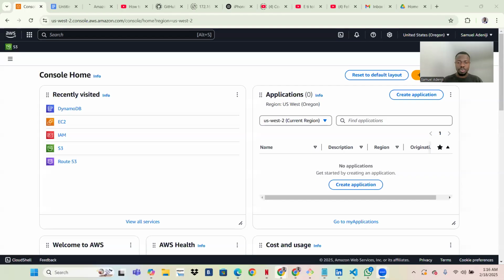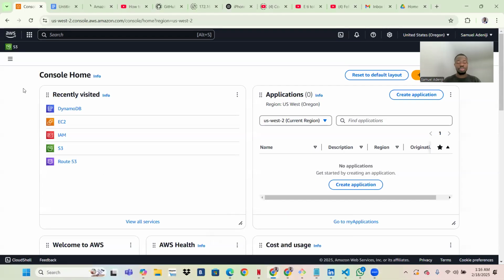Hello, my name is Sami, and I'm going to do a quick introduction into how DynamoDB works, and we're going to do a little bit of demonstration into what DynamoDB is all about. So quickly, I'm going to be sharing my screen right here, where I am going to be showing my AWS